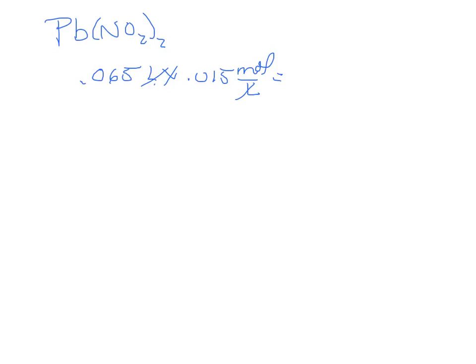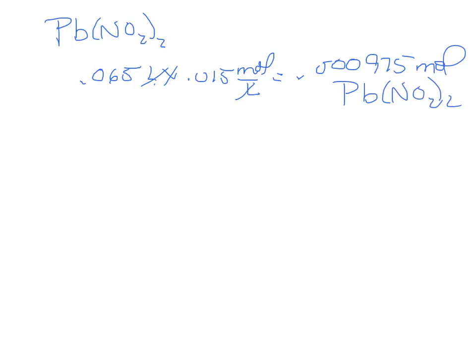Okay, 0.065 times 0.015. All right, so we have 0.000975 moles of lead nitrate that were added. Since for every one lead nitrate we add, we get one lead ion, that's totally soluble. That means that the moles of lead ion I have in solution,